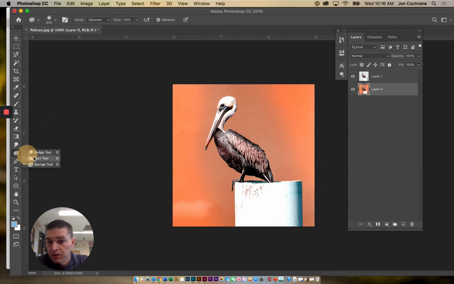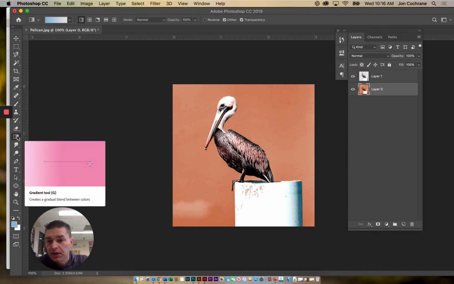I can go in here and I've got the burn tool, and the burn tool kind of burns it so we can darken some areas. And since I've already got this image here, I can do as much as I want to the background picture just to burn it and darken it a little bit. I can go into this dodge tool and I can lighten areas so you get those kind of effects. So you can see the different things that we can do with this. I can go back in here, I can smudge areas, I can blur pieces. There's so many different aspects that you can do